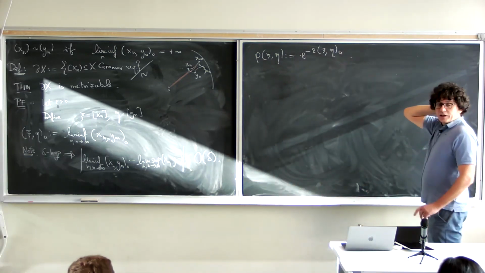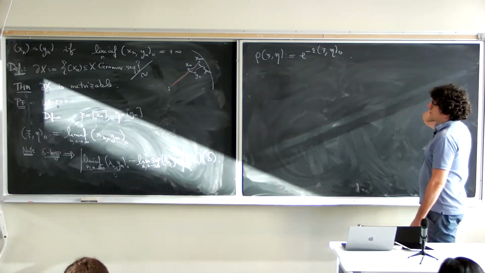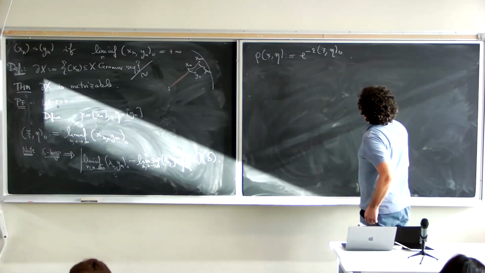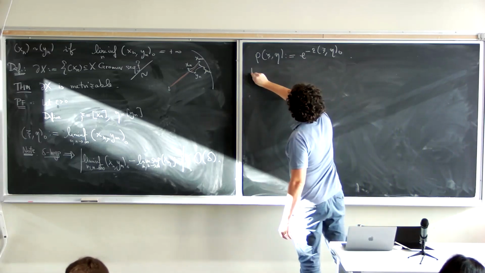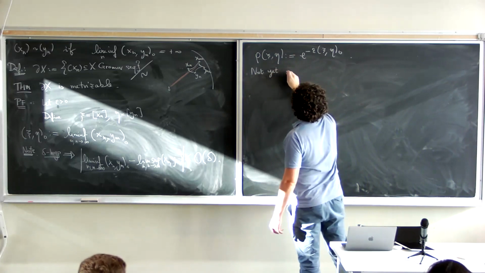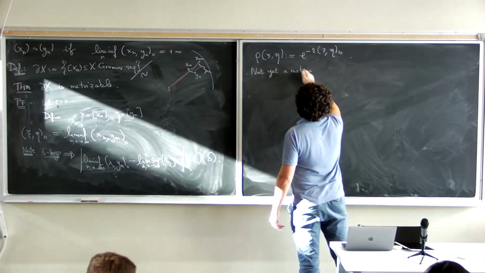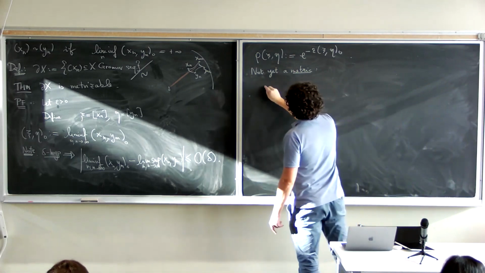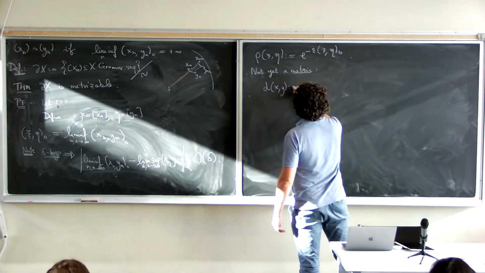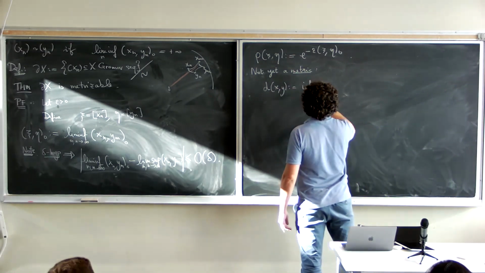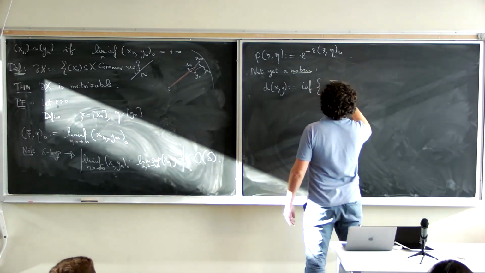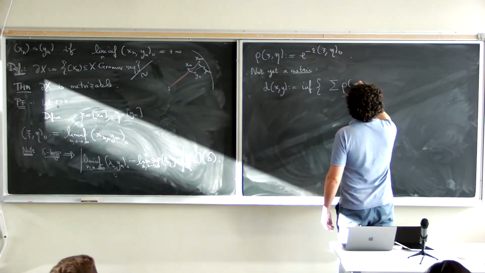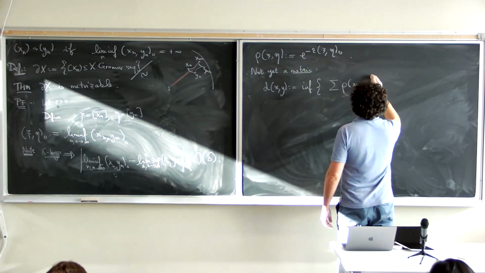And this is not quite a metric. This is the kind of annoying thing. It's not exactly a metric, because delta creates something slightly annoying. So not yet a metric: it does not satisfy the triangle inequality. But you define it so that it does. So you define d(x,y) to be the infimum of the sum of rho(x_i, x_{i+1})